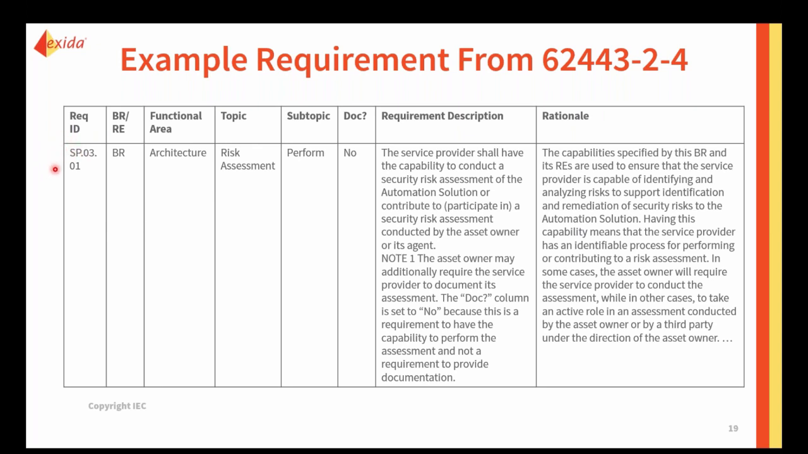And then which requirement under that aspect are we looking at? So we are looking at the third functional area, which is architecture, and then the first requirement underneath it, which is for risk assessment. And so this BR/RE column defines whether we're looking at a basic requirement or a requirement enhancement. A basic requirement is the initial requirement that has to be met for the standard. The requirement enhancements are meant to further define or specify those, or even sometimes modify them to make them more